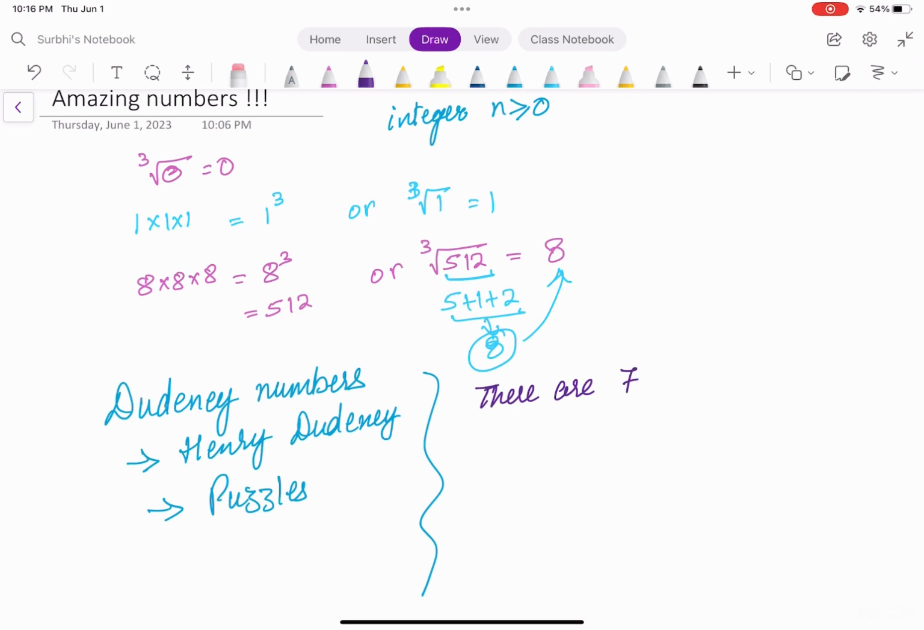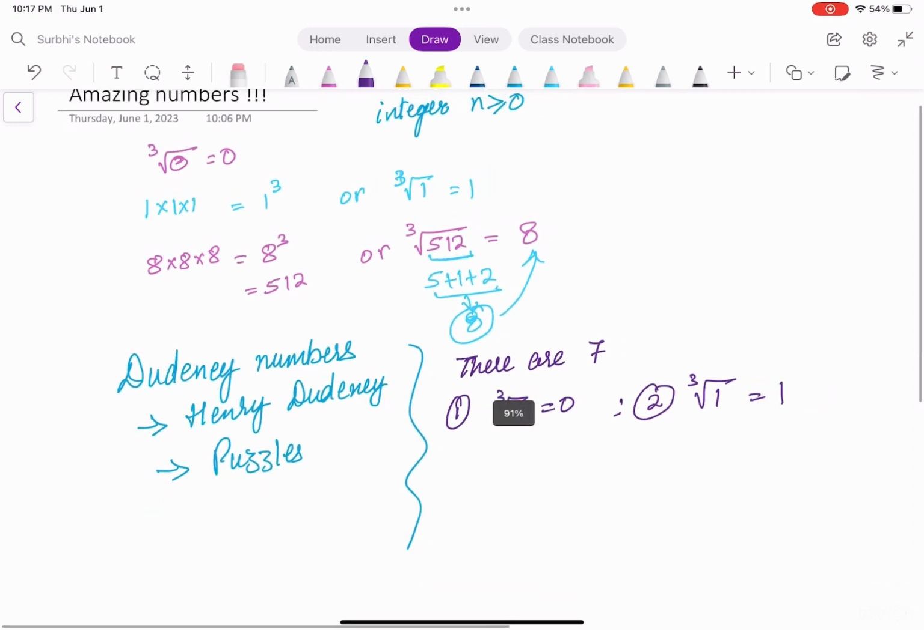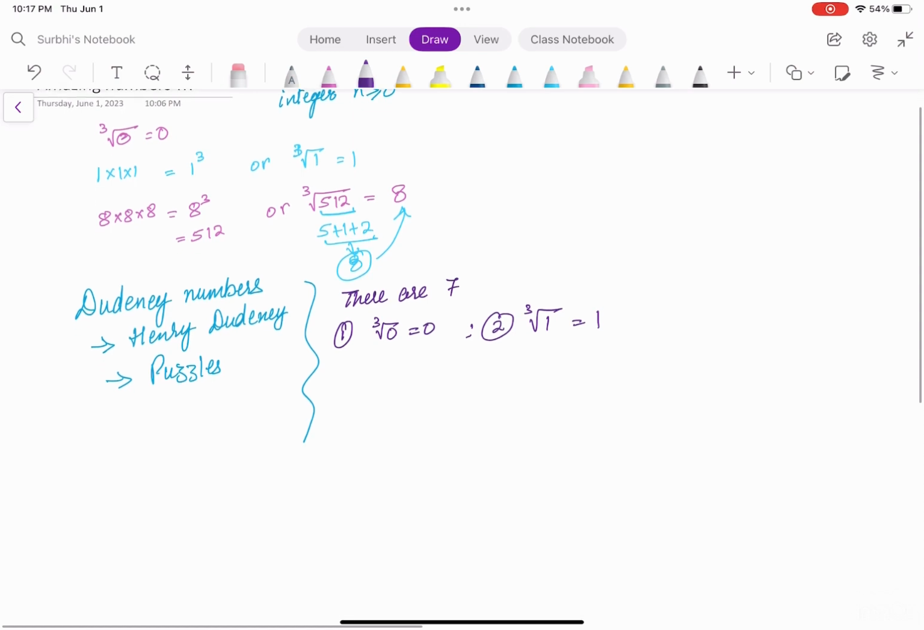Yes, you heard it right. There are only 7 Dudeney numbers. Let's write them down one by one. So number 1, we are talking about cube root of 0. That is 0, right? Number 2, as we discussed earlier, cube root of 1, which is nothing but 1. Number 3, as we discussed earlier, it is a cube root of